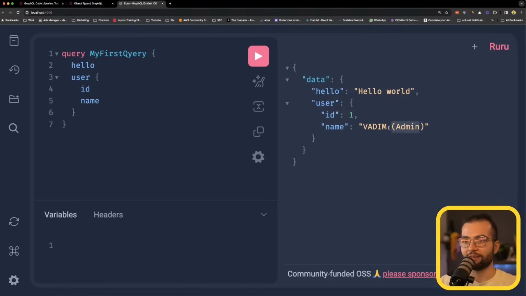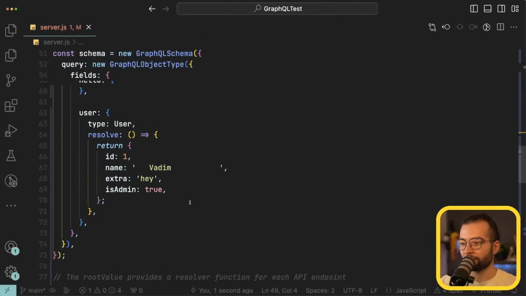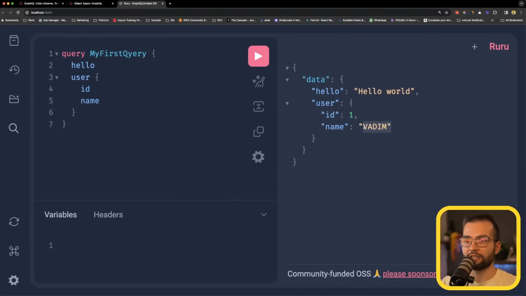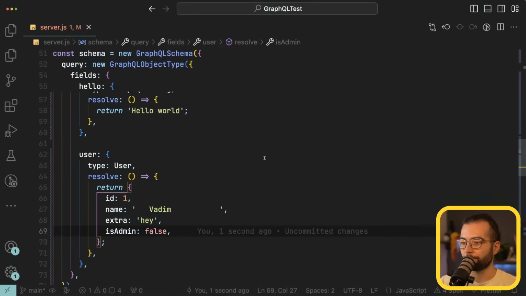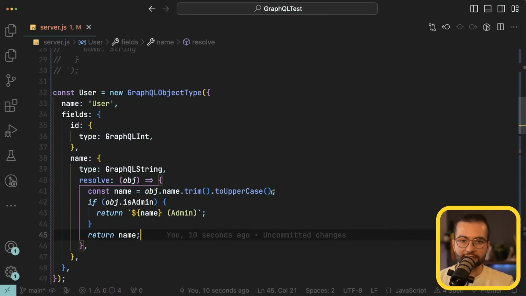So now we see Vadim admin, just because the previous resolver has this isAdmin true. If it would be false, and I would send it again, I will see only the name, because that's the logic that we added. So that's a little bit of how resolvers are working and how they are executed one